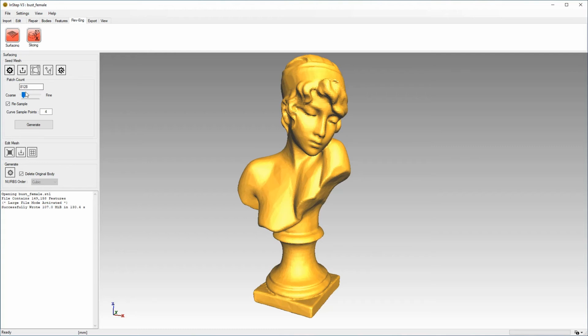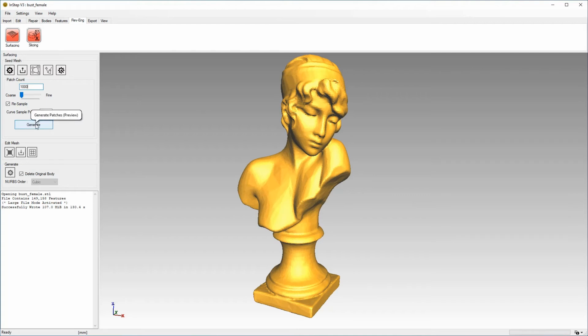Generally, this can be set at any value between the maximum facet count, and you'll see this is either 100,000 or 1/2 of the original, whichever is smaller. And at the lower end, we can go to 1% of that. It should also be noted that you can manually override that, but the lowest value you can set is 100. So anything below that will not be acceptable. In this case, we're just going to set this to 1,000. We're going to leave resample on, and we're going to leave sample points at 4.